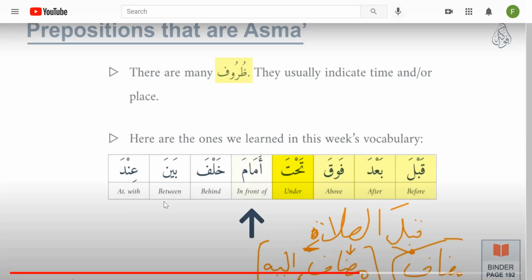And a harf can never take a tanween. Those huruful jar, the 8 that we just went over and that you learned in class, never can take tanween, right? These words can. Now I know in these examples there's no tanween, but the point is that they can take tanween. Now I will tell you that it's not common for these words to take tanween. You probably won't see it with tanween, and I'll explain to you shortly the reason why. But the point is that they can technically take tanween, okay? In fact, I'll go ahead and write that in here.